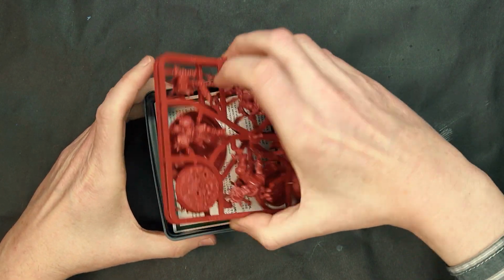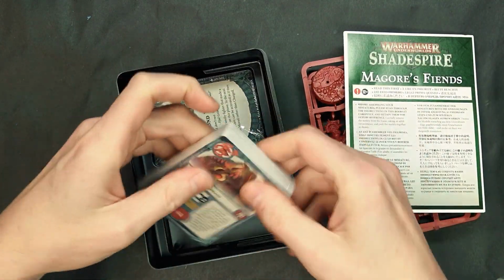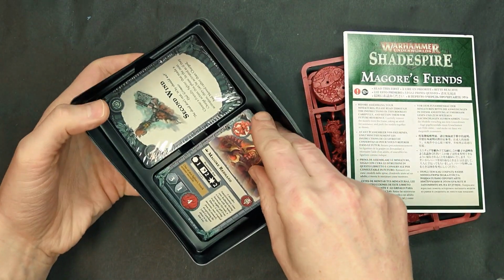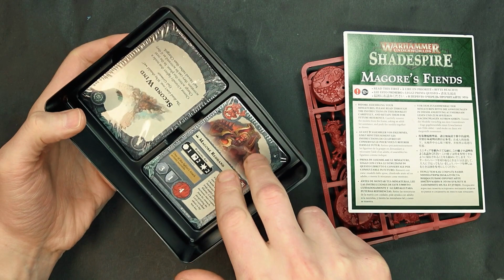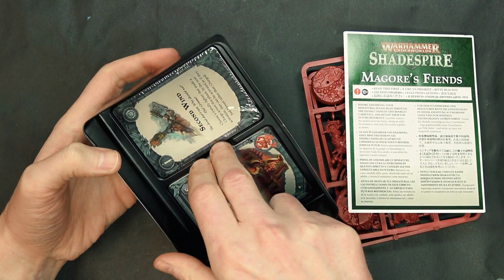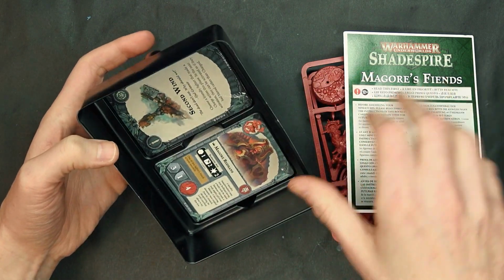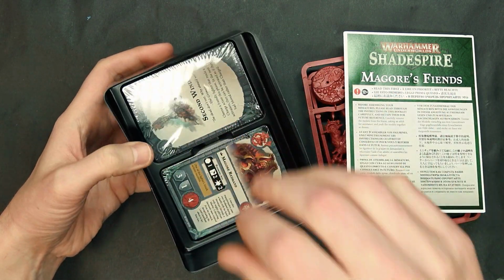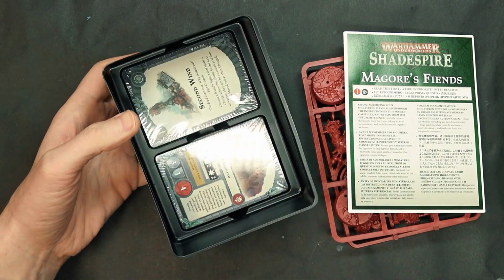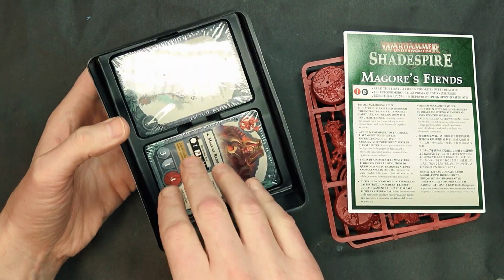So each one of these sets is going to come with some figures, some instructions, and then your 2 60-card decks, which are going to contain 60, I think, faction specific and 60 generic, from power cards to objectives, of course, upgrades and ploys. So we're gonna go over the generic ones, the universal ones that anybody can take,